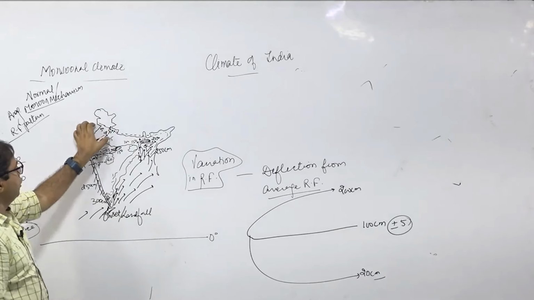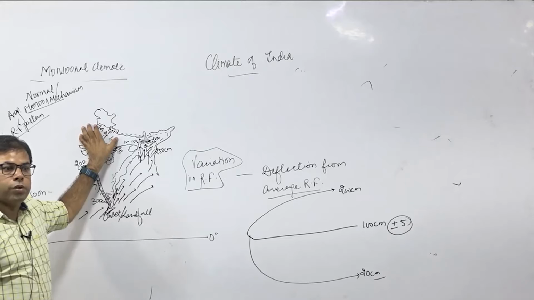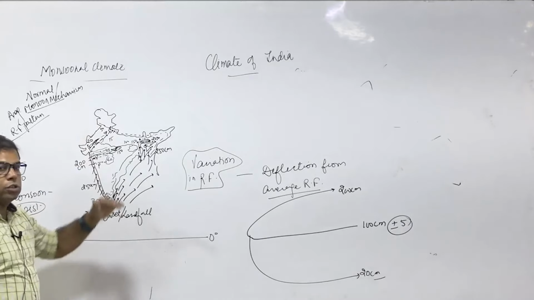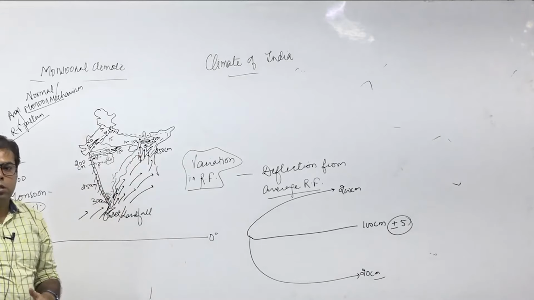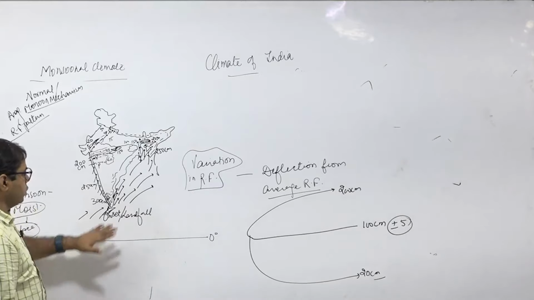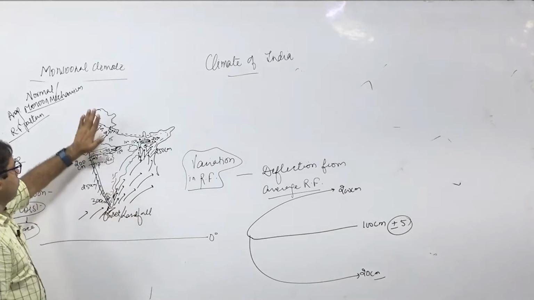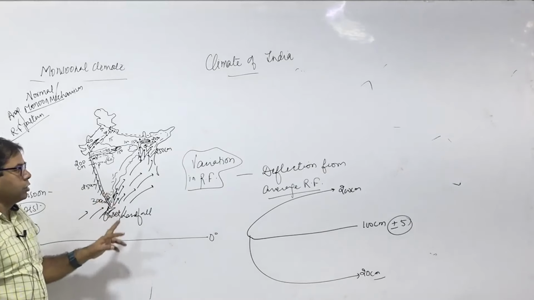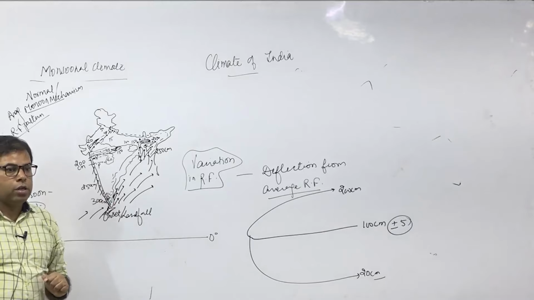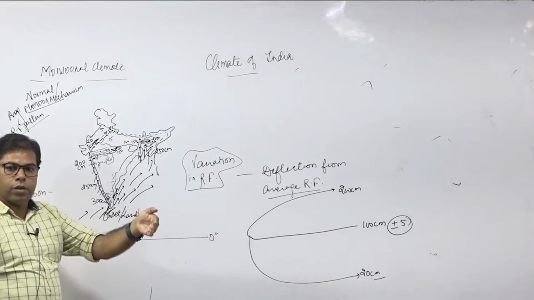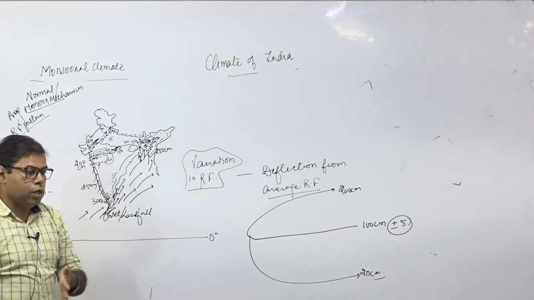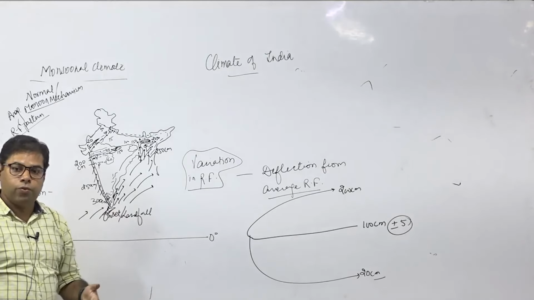More of the variation is there in the western part of India, northwest part of India, Rajasthan, Punjab and Haryana. So the rainfall is 50 centimeter and sometimes excessive rainfall occurs, sometimes no rainfall occurs. It means the more the distance from the sea, from the coast, the more the variation in the precipitation or the rainfall will occur. समझ में आ गया? The closer to the coastal areas, the lesser the variation, right? Because the winds which have been traveling over the plain areas or the northwest part of India will certainly have a lesser amount of rainfall.